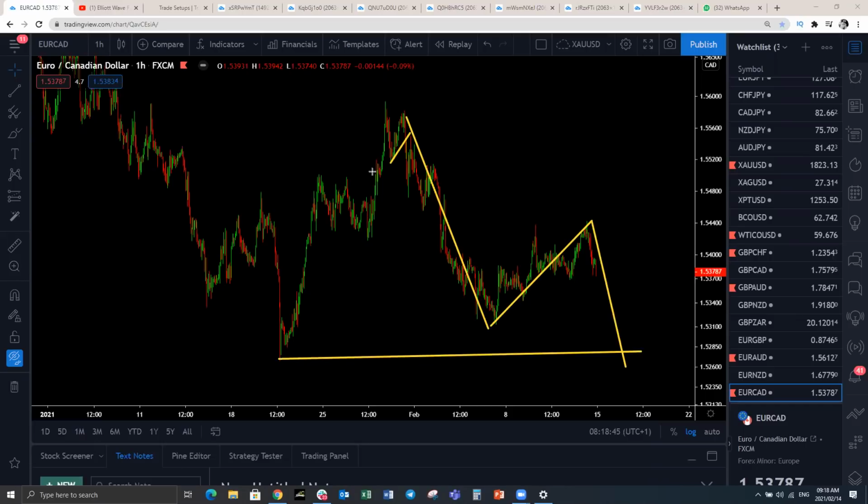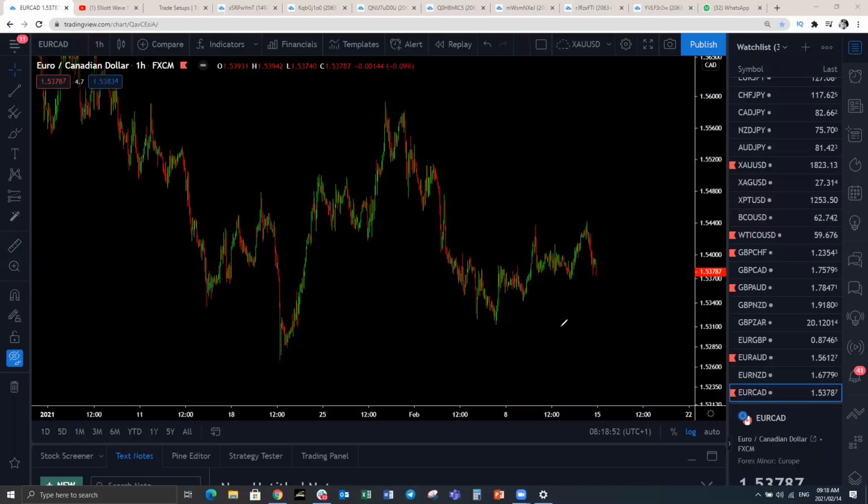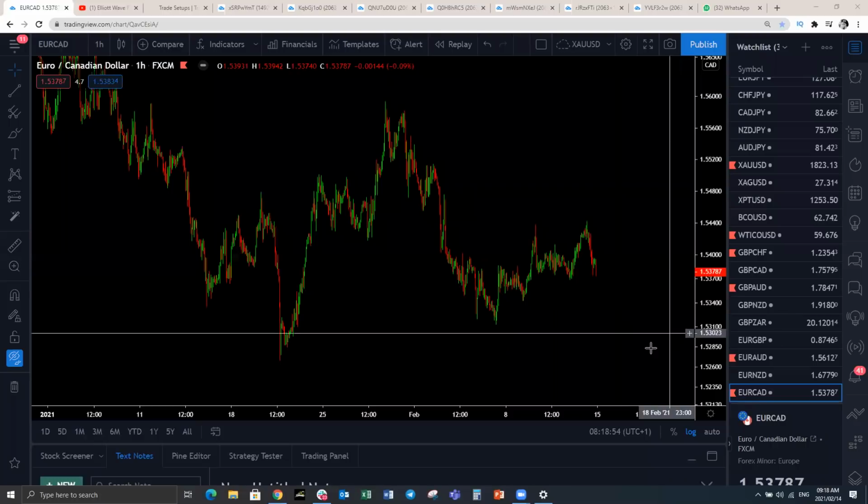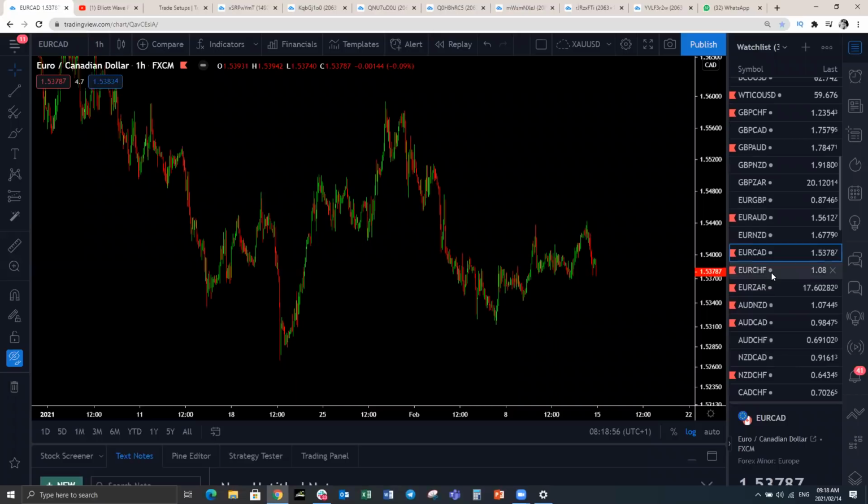That's okay. If you've taken the trade here, you are now in break even. You let the pair do whatever it wants. In any case, you are not going to lose the trade here. You are safe. It is risk free.